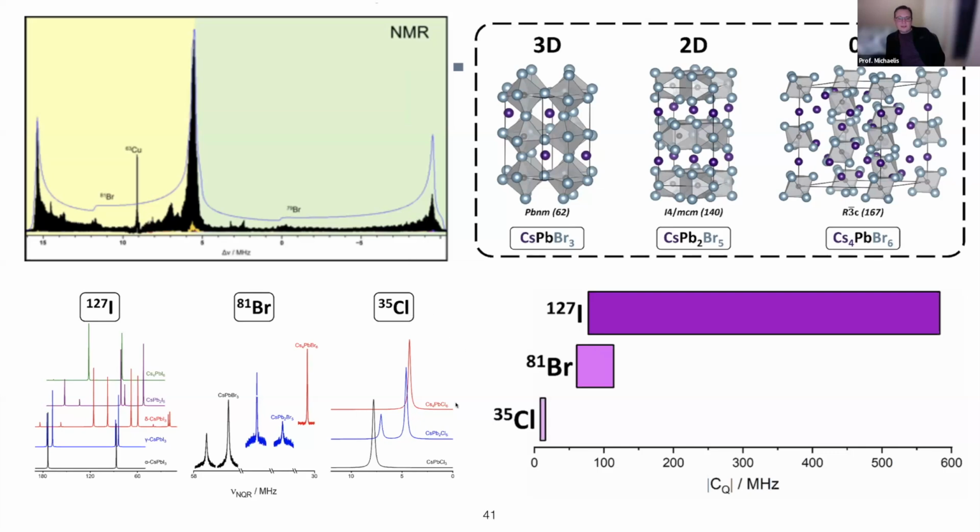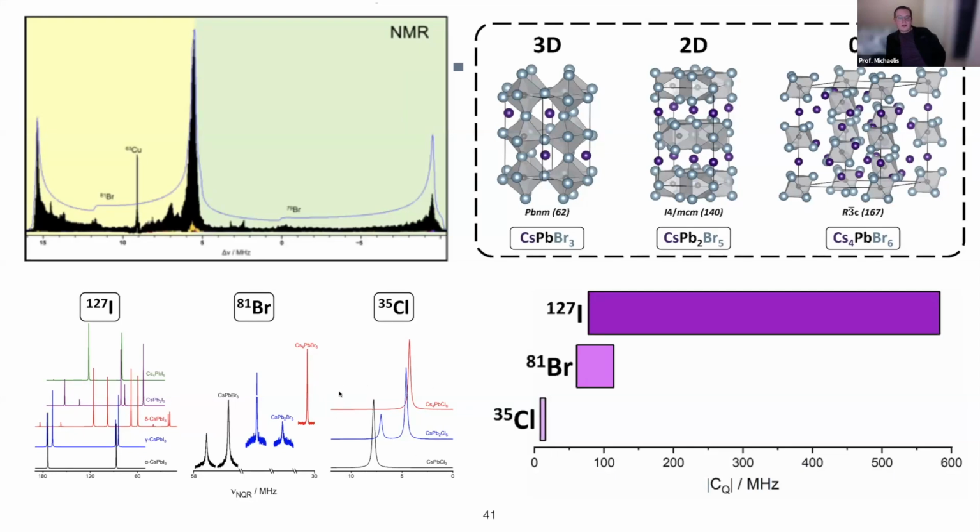If we do some quick DFT calculations just to get an idea of the perovskite space, whether they're 3D perovskites or perovskite-like materials, this is a two-dimensional one and this is a zero-dimensional one. What you can see here is that the chlorine species, these are predicted spectra for the NQR frequency, is quite nice, but they're low frequency, between 0 and 10 megahertz. Okay, so this suggests that chlorine NMR is still probably